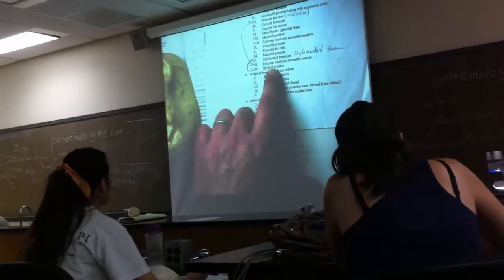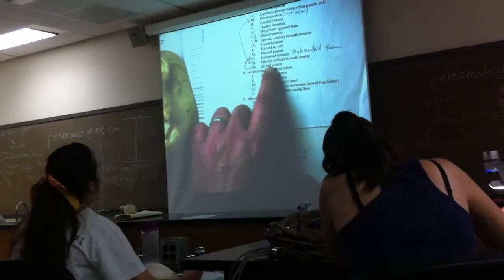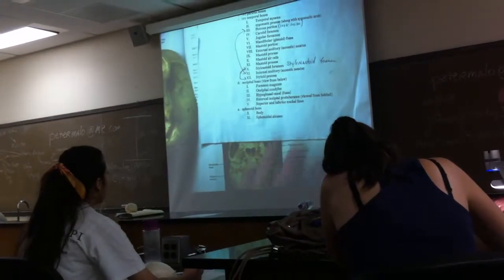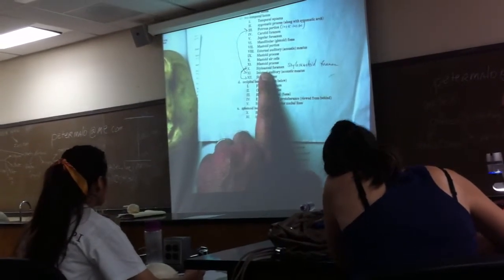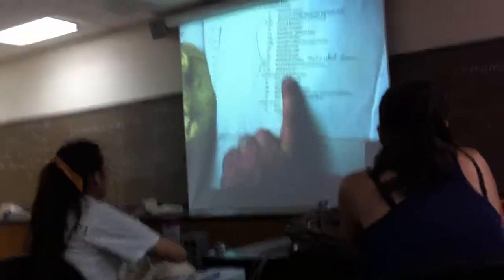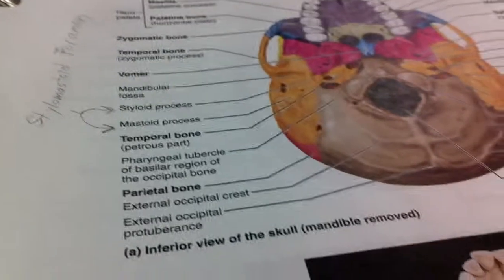And there's a reason why I'm going to have you do that. Because they're going to be right next to each other. Draw an arrow, connect the stylomastoid foramen with the styloid process. Okay, if you look on your book, they have